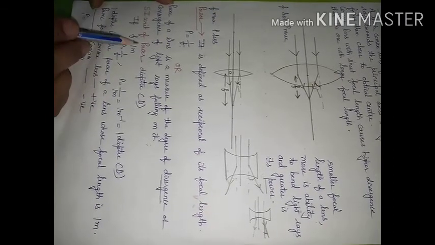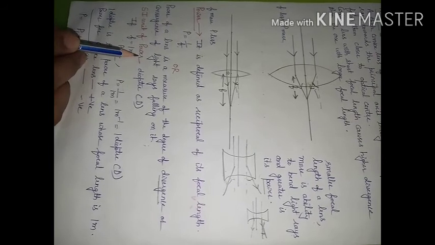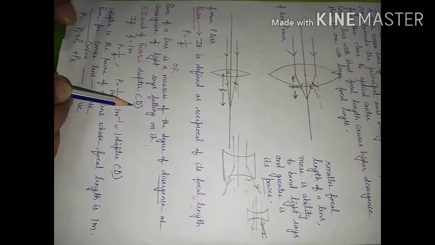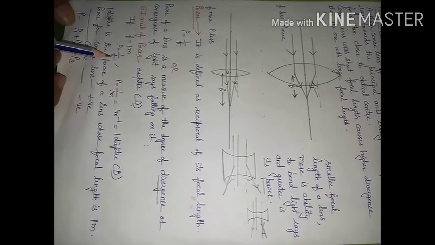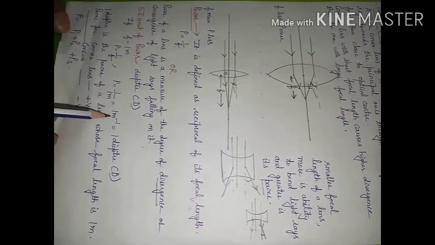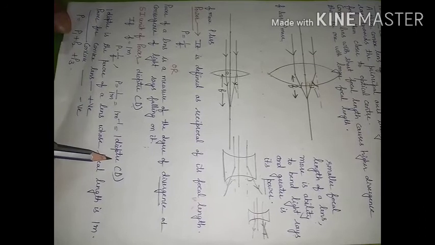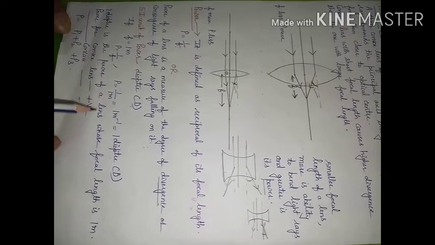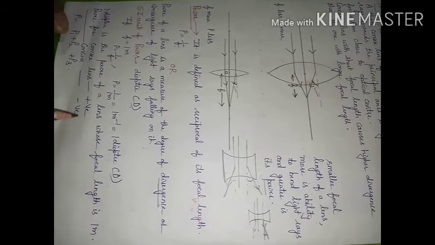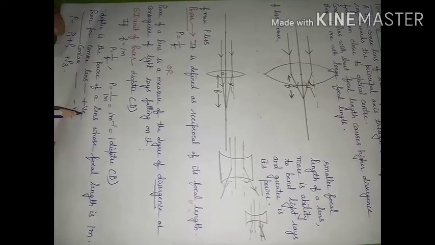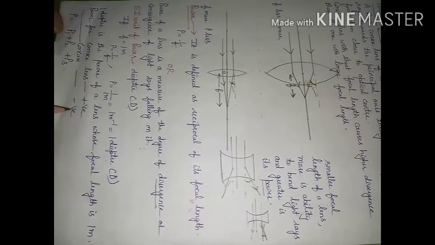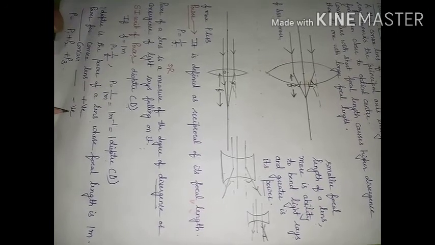1 mark question, what is SI unit of power and define it. SI unit of power is going to be diopter. And how will you define 1 diopter? Power is equal to 1 upon F. If focal length of lens is going to be 1 meter, then power will be 1 meter inverse, that is known as 1 diopter. So 1 diopter will be the power of a lens whose focal length is going to be 1 meter. And focal length for convex lens is positive, so power for convex lens will be positive, and focal length for concave lens is negative, so its power will also be negative.